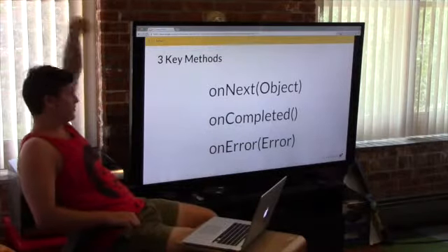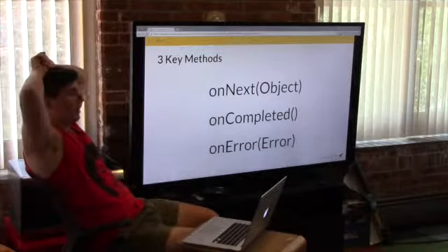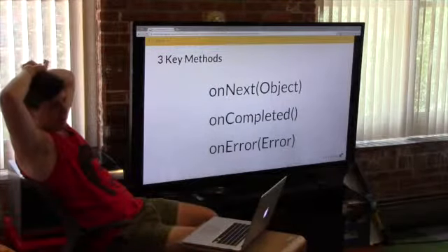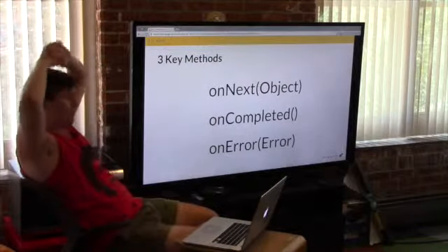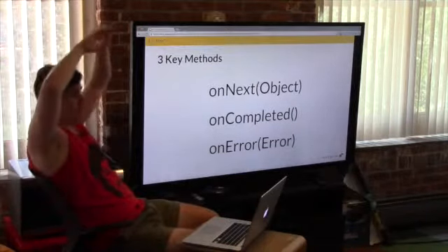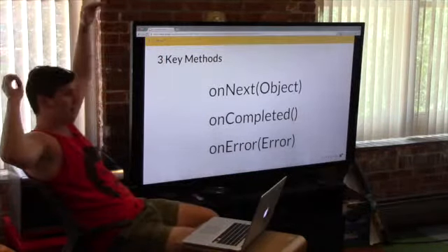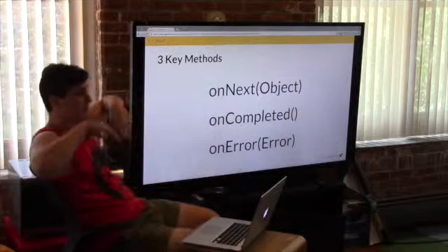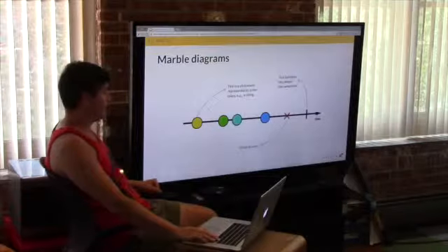onError is pretty self-explanatory. If at any point in your observable an error gets thrown, an exception gets thrown, in Java, I don't know what you guys have, but if there's an error, it passes you that error, and by default, and I'll talk about this more when I dive into that, that observable will stop. So if you're going through your 5th out of 10 tweets, and the name is invalid and you get a null pointer exception, you're not going to get those last 5 tweets by default. onError will just stop. There are ways to tell it to keep going, but